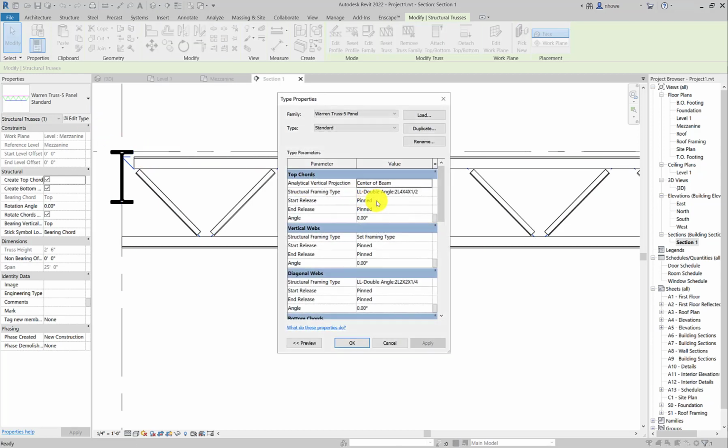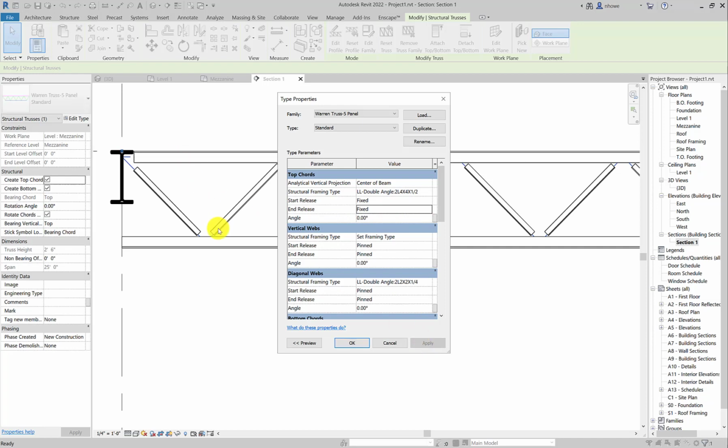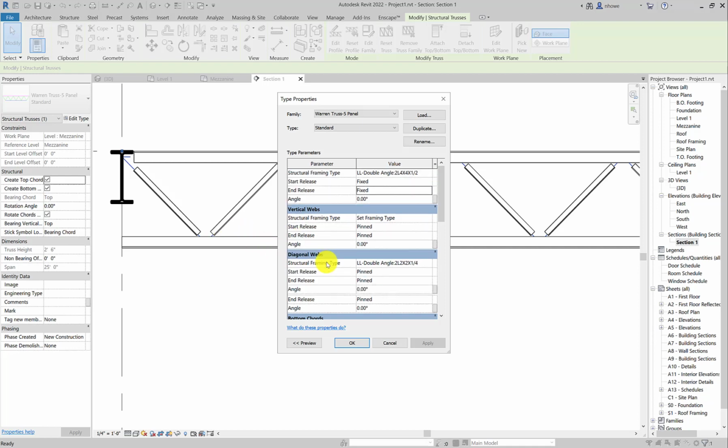So we're going to edit type again, and we're going to see this top chord. We're going to have that fixed and on both sides. Hopefully that moves it. Yeah, that moved it back up. So I think we're good there. We're also going to